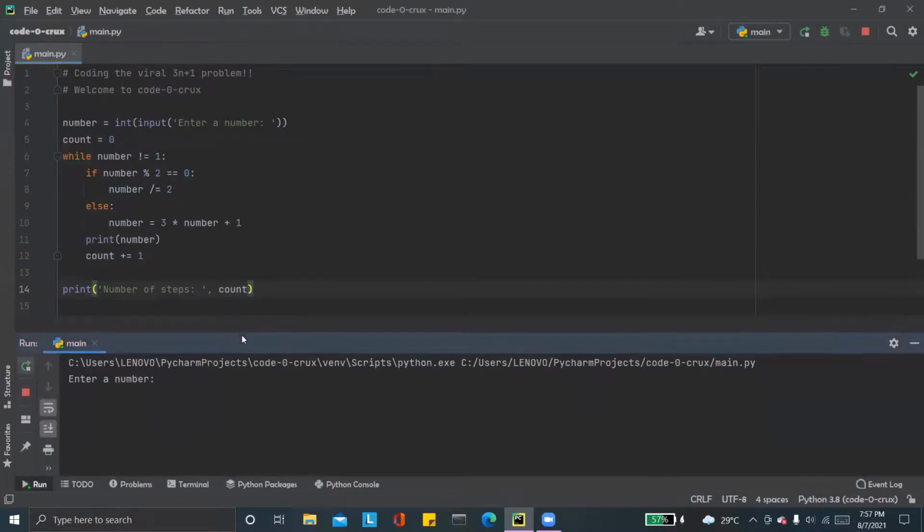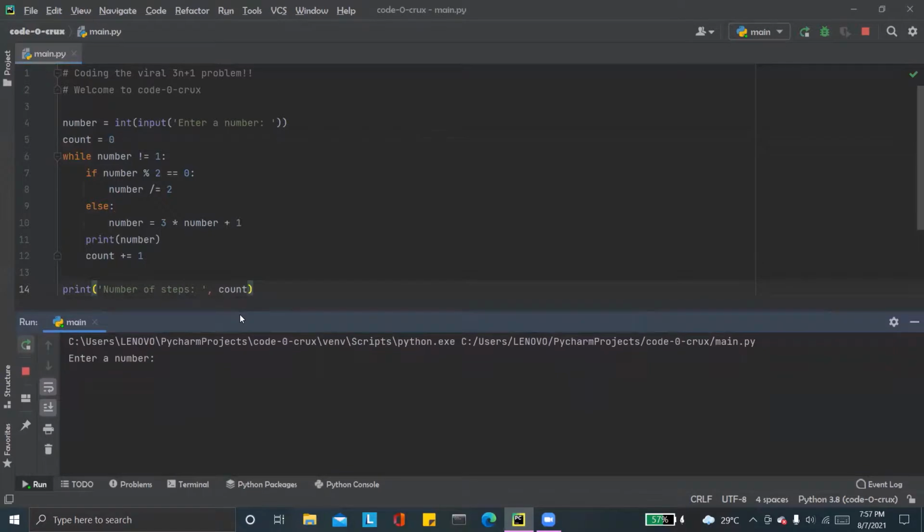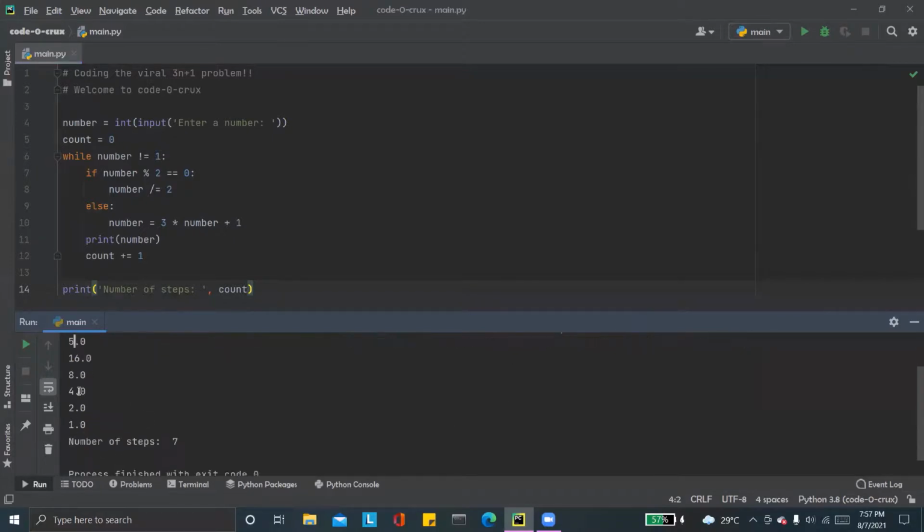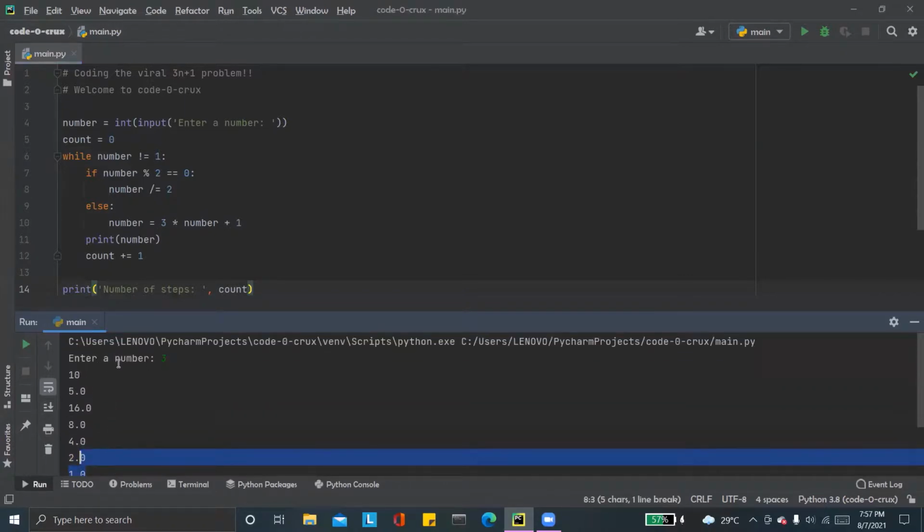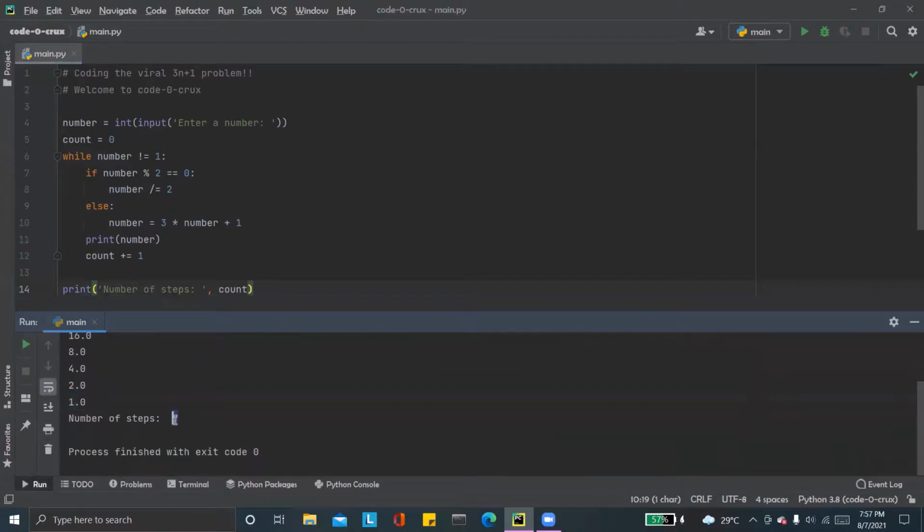Let's see it for our own example, which we have studied earlier. Let's put in 3. Now for 3, as I said, while running the code, the number comes out to be 10, since 3 into 3, 9 plus 1 comes out 10, divided by 2, 5. And likewise, these numbers come out. At the end, this 4 to 1 loop will always be constant in all the sequences which you will see. And the number of steps 3 took to come to 1 was 7.